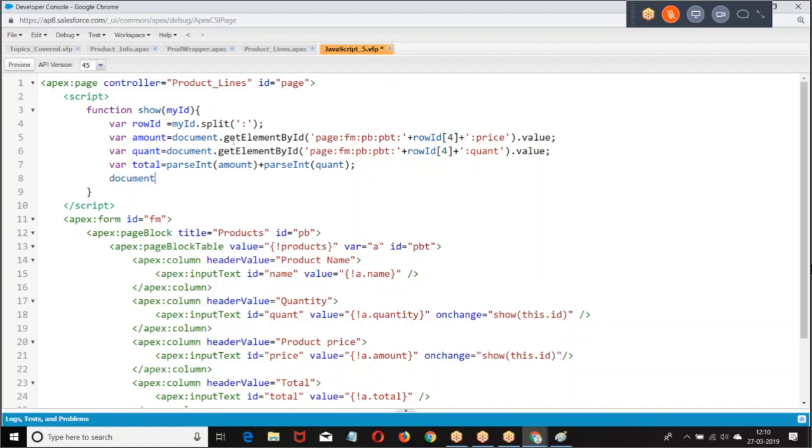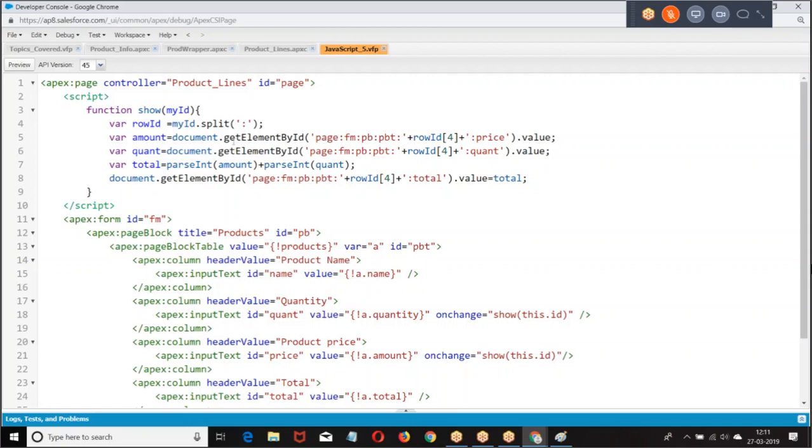Then I'm giving document.getElementById, page, form, page block table plus... What I'm doing, first identify the row number, then read that row price, that row quantity, then calculate the total, and set the value of total.